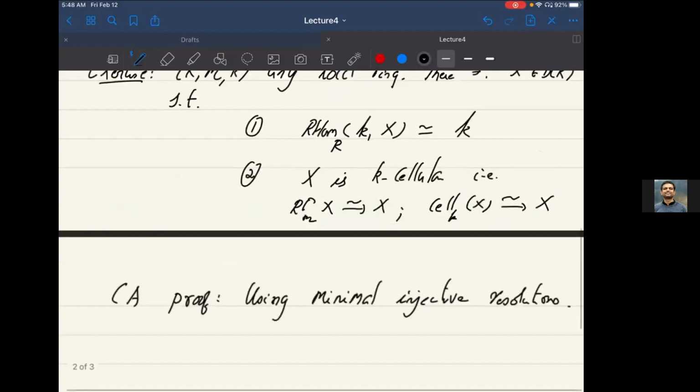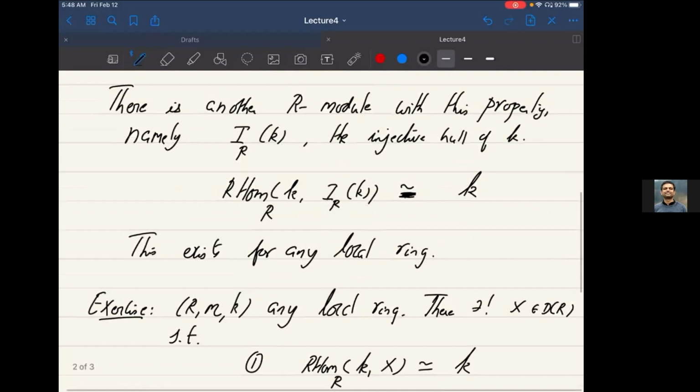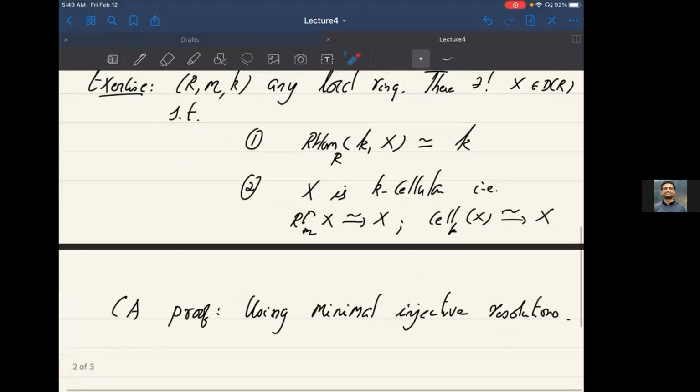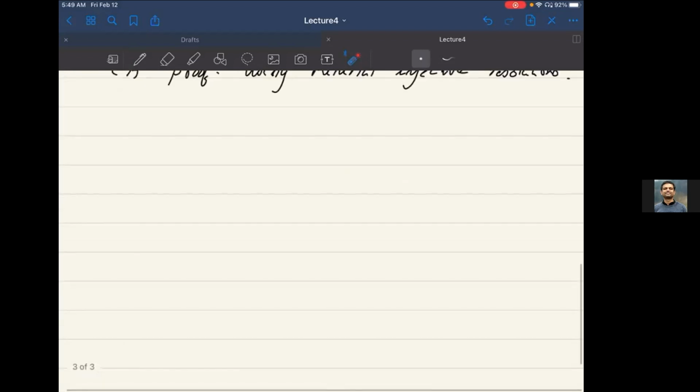All right. So it's saying that this is the unique object in the derived category of a local ring with the property that maps from k to X are just k. All right, so what does this all tell you in the world of Gorenstein rings? Thus, when R is Gorenstein,